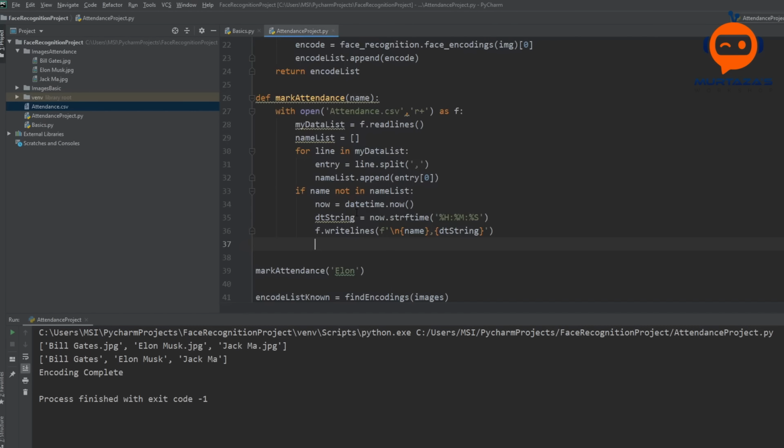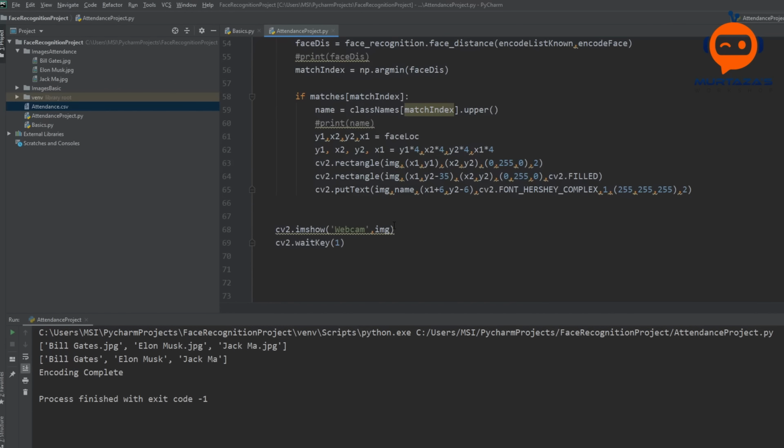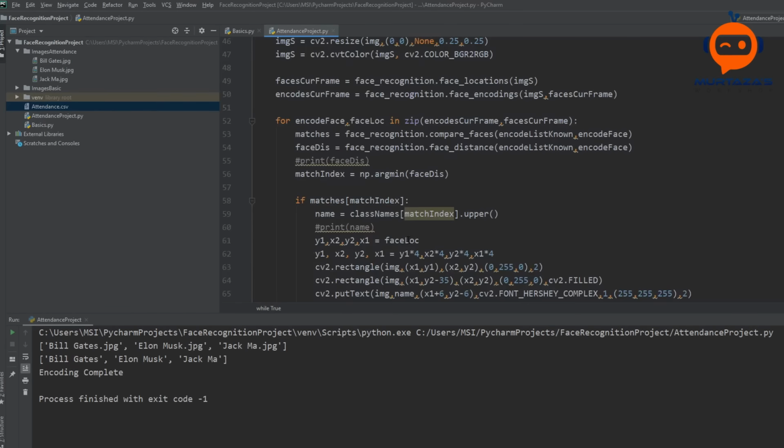So now whenever we find the face, we have to call this function and give it the name. So we will remove this from here, and over here, whenever we are matching, we are going to send it to our mark attendance. So here we will just say the name, and that is pretty much it.